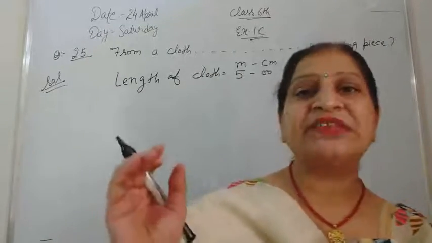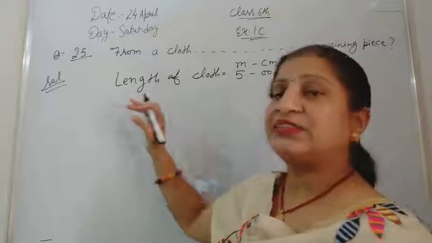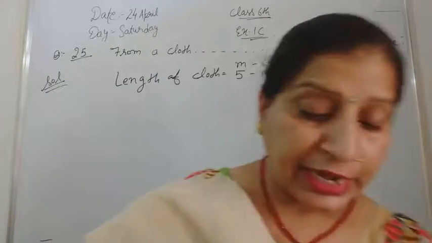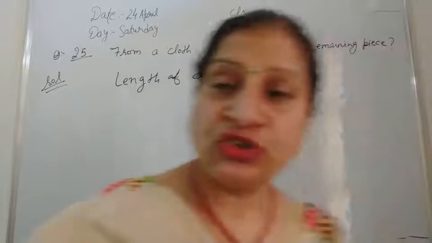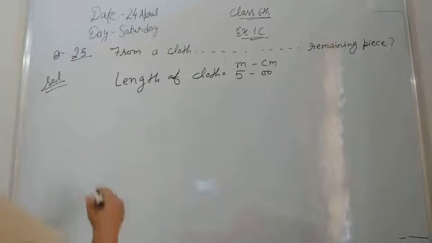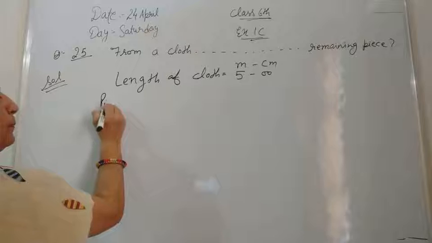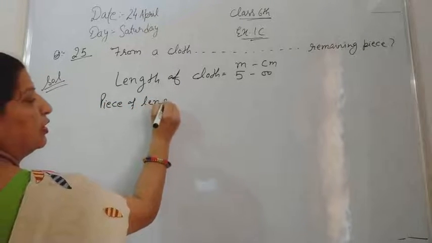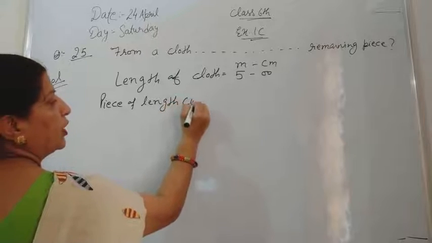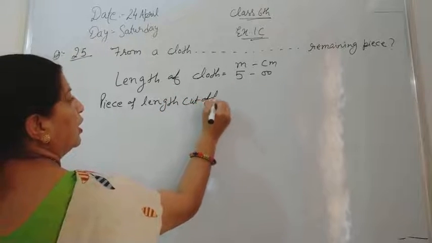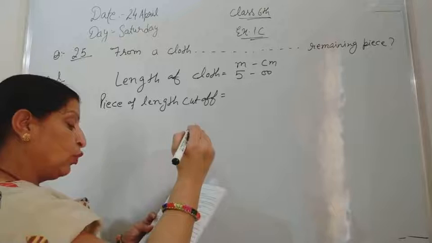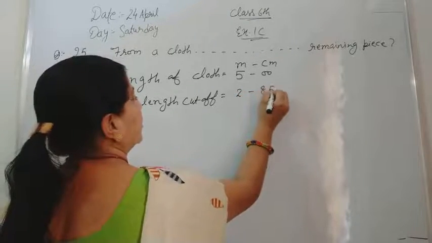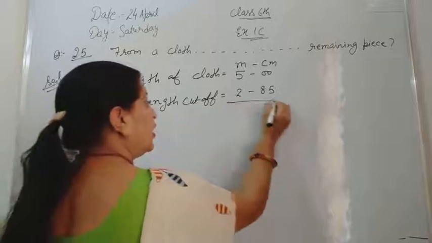We have cut a piece, and the length of the piece that was cut is given to you: 2 meter 85 centimeter. So we write: piece of length cut off is equal to 2 meter 85 centimeter. Clear? Now we have to find the